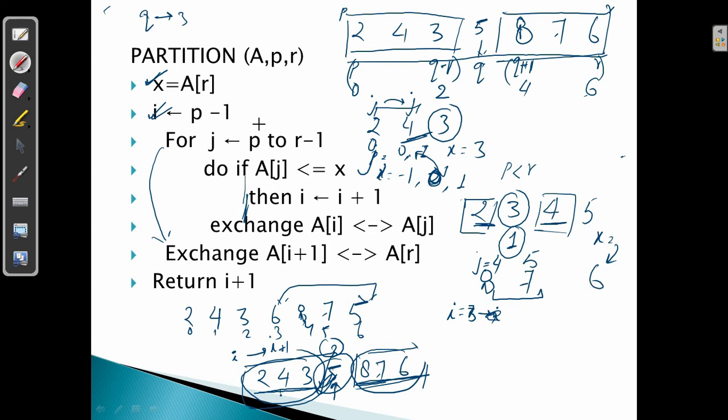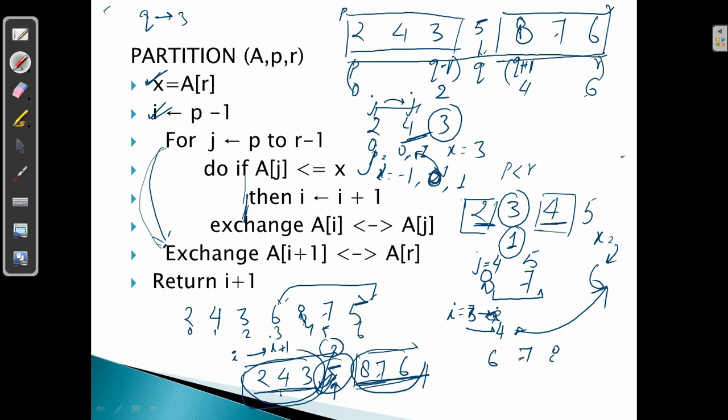We again go back to the next iteration of j, and you will find that the j loop is finished because j has to go up to this point. So you come out of the for loop, and here you will increment the value of I. So I will now be index 4. So I is pointing to this index and pivot is this index. You have to swap this ith index with the pivot element. What you get? You get 6,